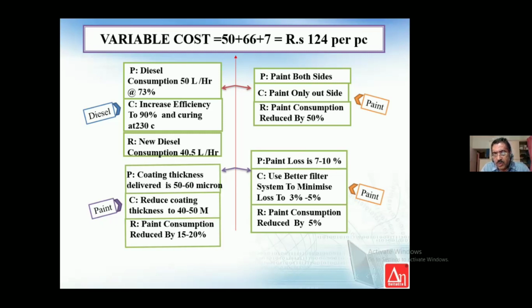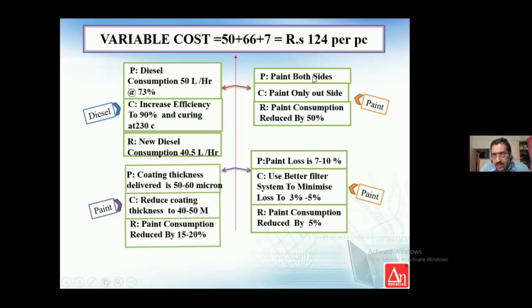So you try to maintain the bag filter and maintain the system, and keep a different dust collecting unit for each color, so that you can minimize the paint loss from the present 7 to 10% to say 50% of that, 3 to 5%. So in this case, the paint consumption will be reduced by another 5%. So from the present 40 kg,